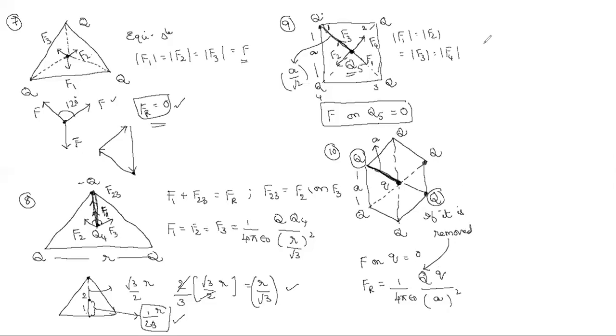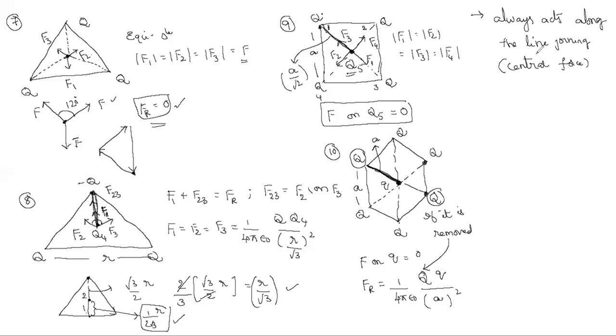Right. So if I come to the next model, I think you solve these types of models with many charges. Look at in all the models, what concept we learned. Force between the charges always acts along the line joining. Am I right? This type of force is actually called a central force. If the force acts along the line joining, that kind of force is called a central force.